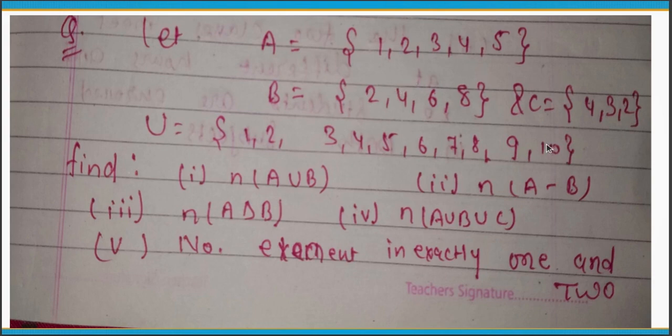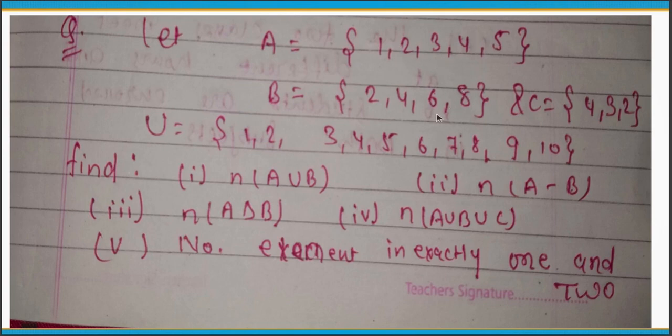Now again minus the number of common elements in B and C, here 2 and 4 are common, so minus 2. Now 7 minus 2 equals 5. Similarly plus the common elements of all three sets, A intersection B intersection C, 2 and 4 are common in the three sets, so 2 elements are added. Now you get the value 7.